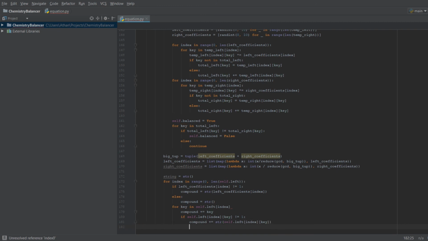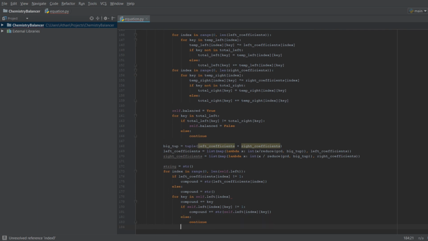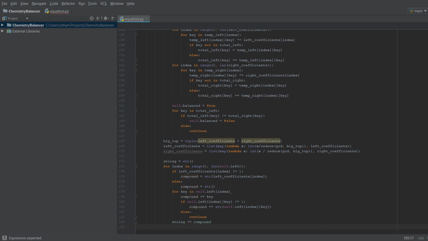So that shouldn't give us a problem. Yeah, awesome. And then we say else, it continues, and if it continues, then string plus equals the compound,